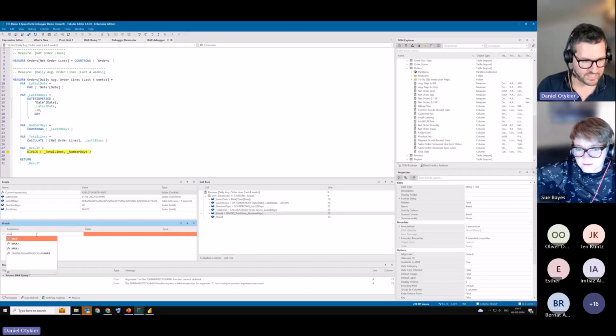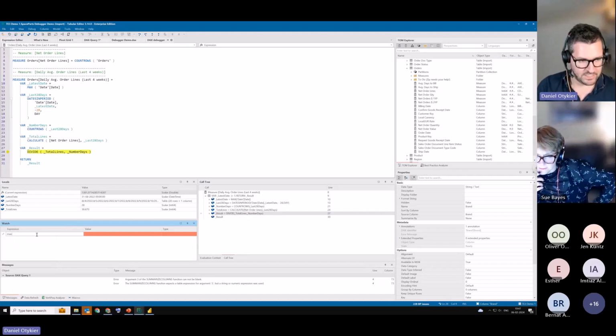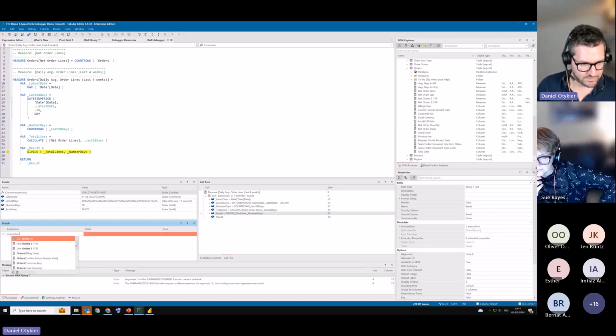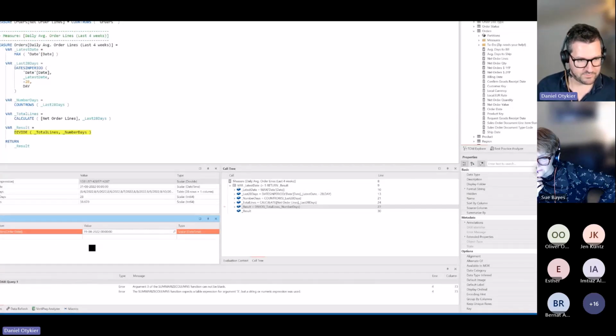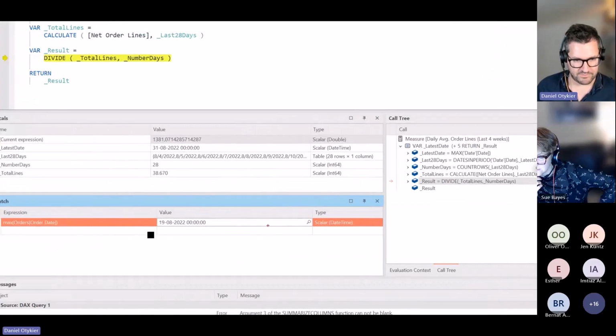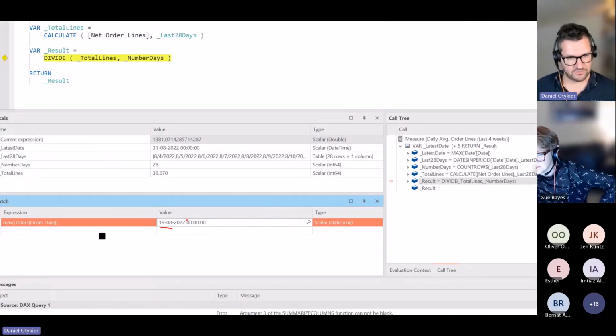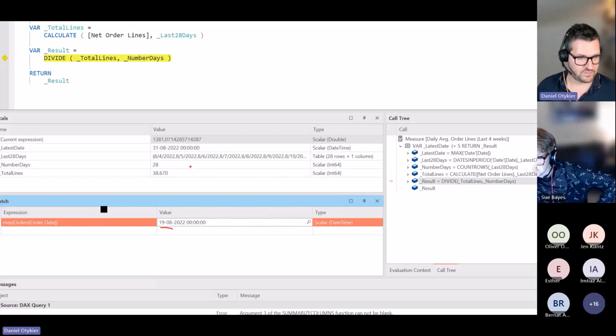And one way I can check that is I can type max and then go directly to the orders table and look at the order date column. And sure enough, this shows that the maximum date for which I have orders in my fact table is on the 19th of August. So this could explain why the result of this